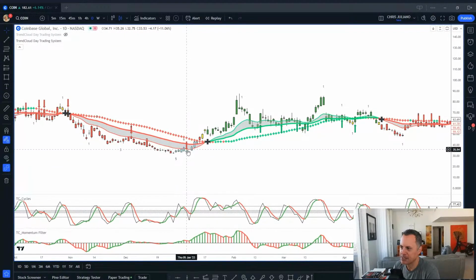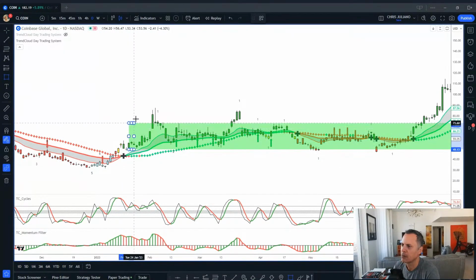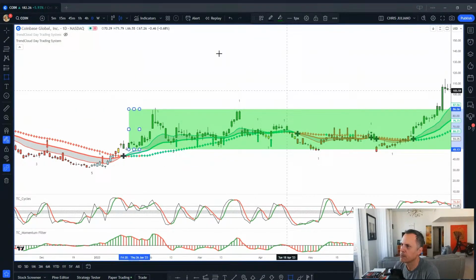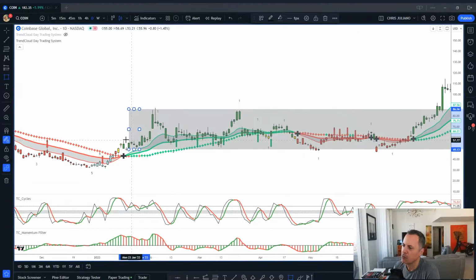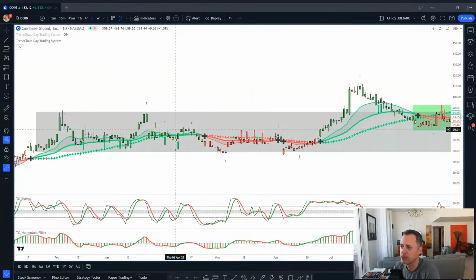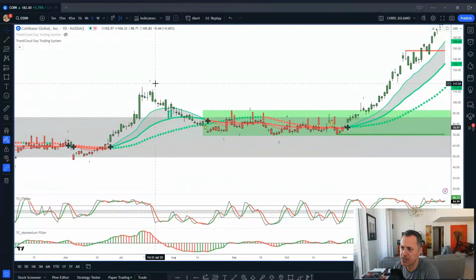Trend became extended. Here's the crossover. Start accumulating. And what did it do? It went sideways for quite a while, didn't it? Here's the crossover. And I mean, that's really, let's make that gray. So you might have bought Coinbase using TrendCloud right here. And, look, it just went sideways. It just went sideways for months, right? Broke to the upside,